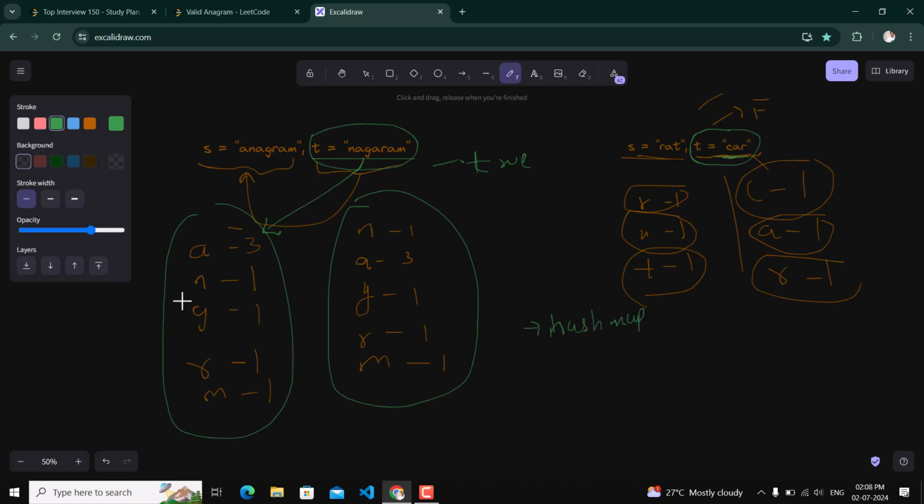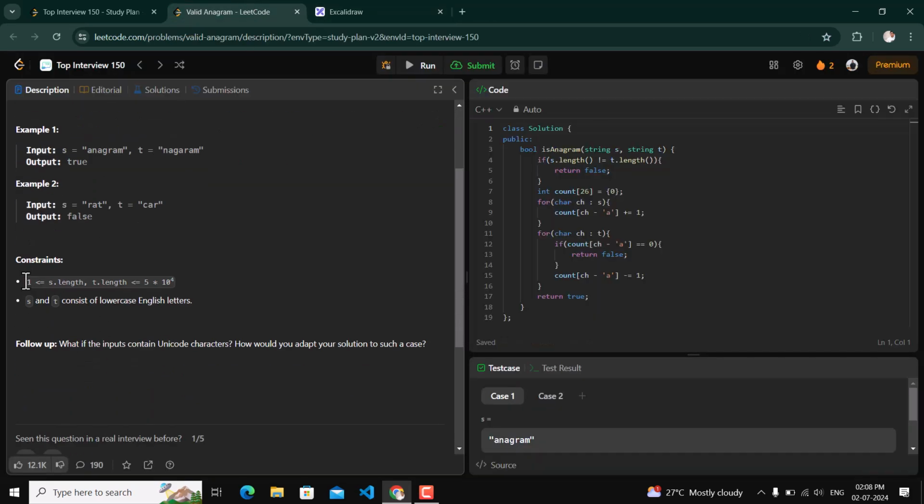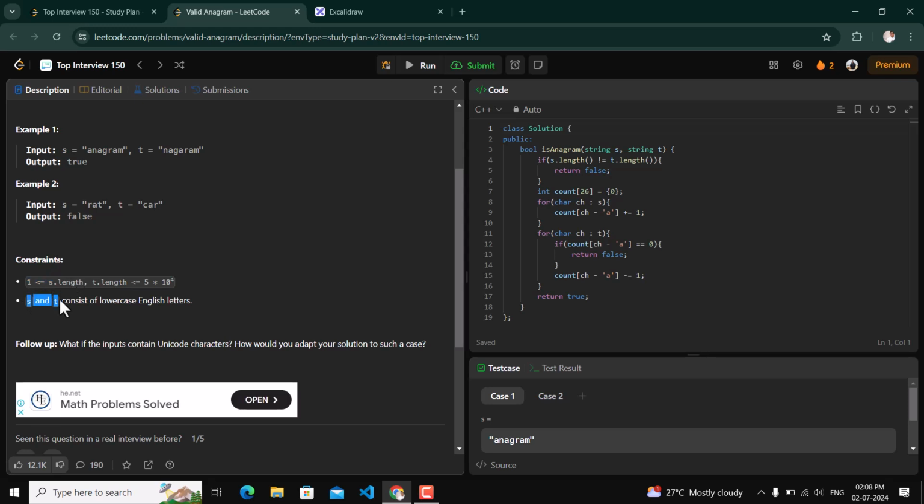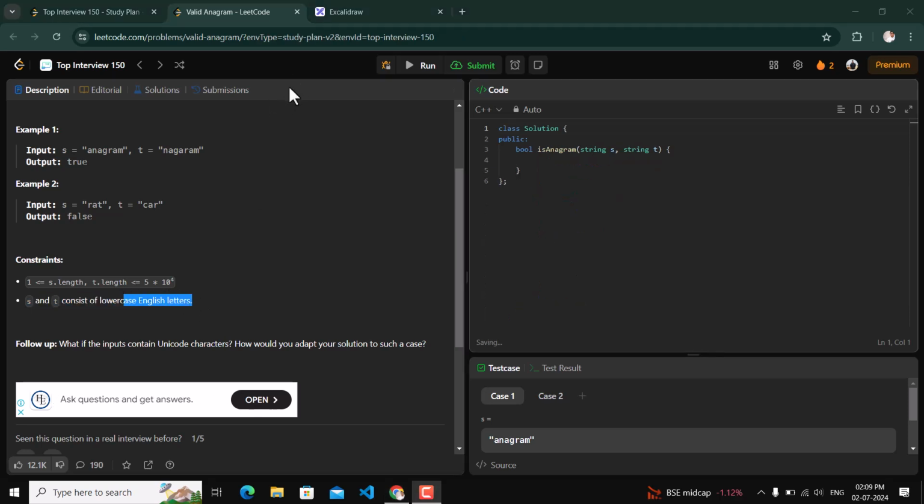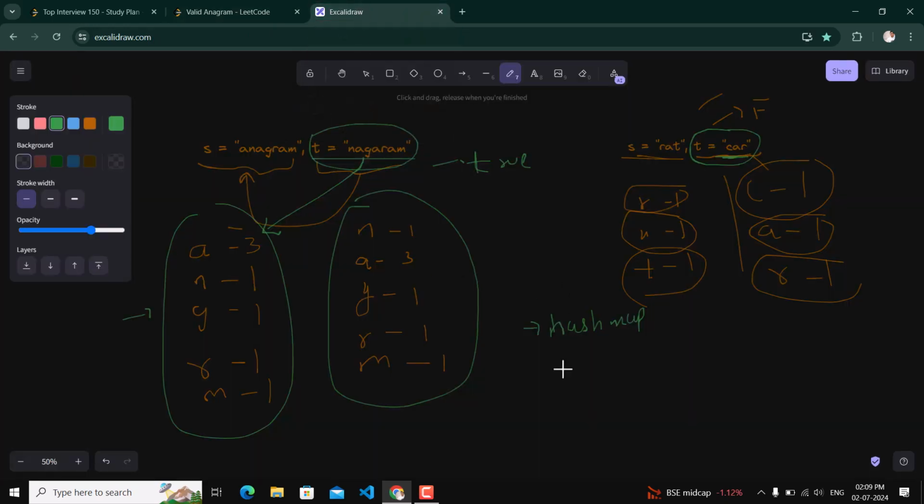So what we have written, we will implement it in our code. So here some points are given, like constraints. Okay, so in these constraints it is given that s and t consist of lowercase English letters. So it will contain only lowercase English letters. Okay, so what we can conclude from here is that we will create an array, or we can say a vector, of 26 length, so it can contain all the characters from this string. So first of all, we will populate the frequency of each character from the original string, which is s.